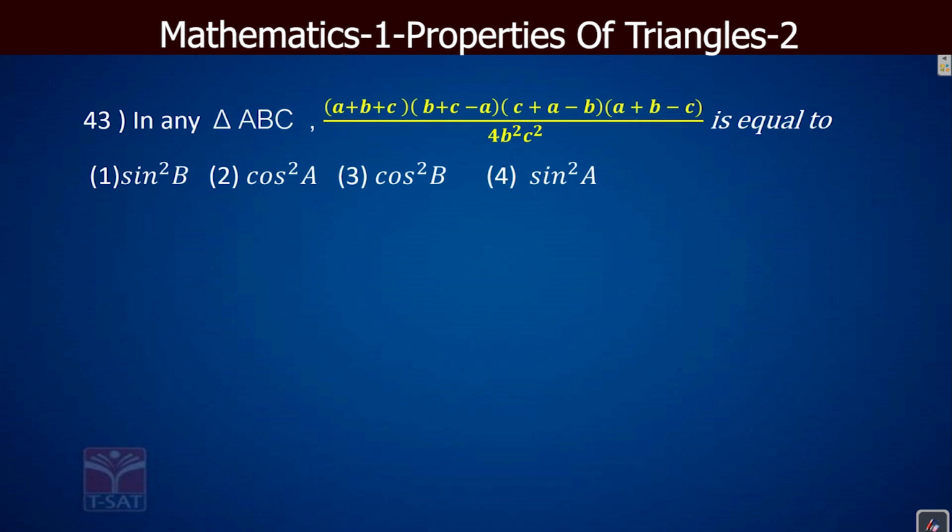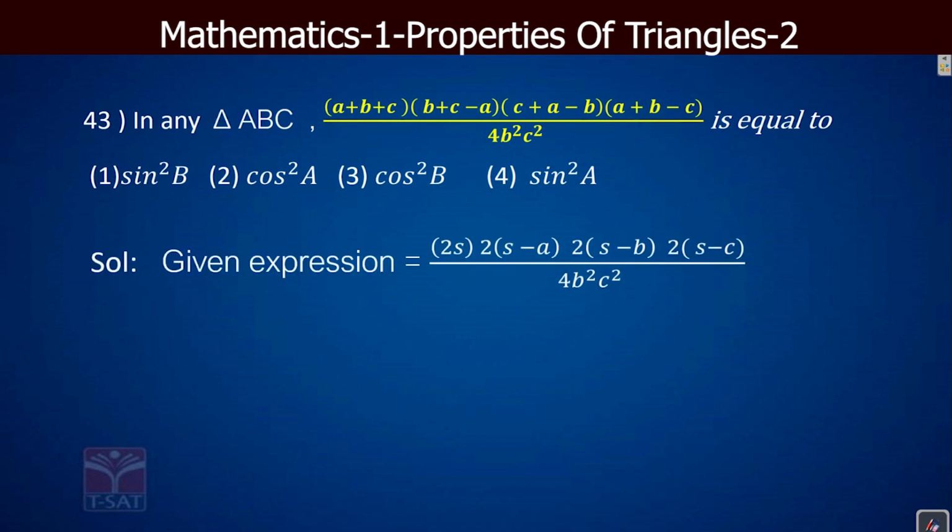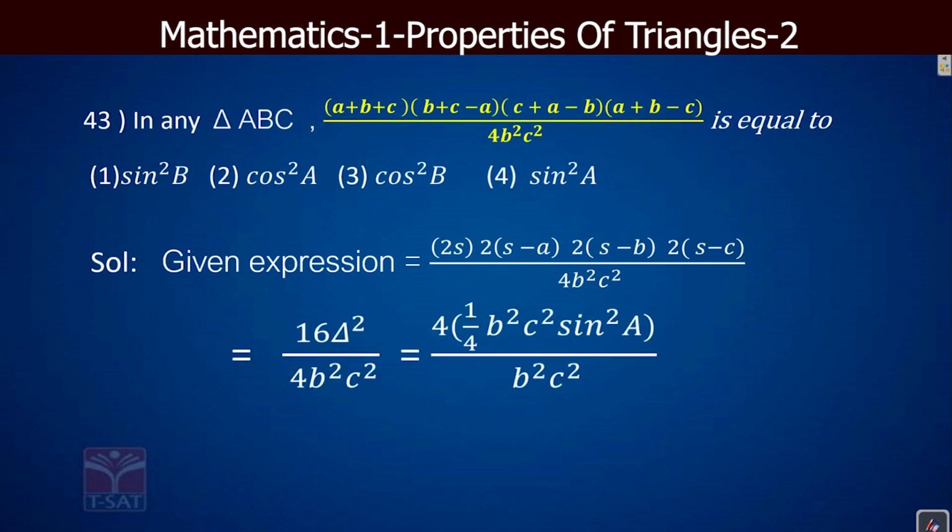EAPCET 2014. Now, the given expression you can write with a + b + c equal to 2s, so it is 2s into 2(s − a) into 2(s − b) into 2(s − c). So in the numerator you will get 16, and in the denominator you are having 4. So 16 by 4 means 4. So that is equal to 16 delta square by 4b²c²,